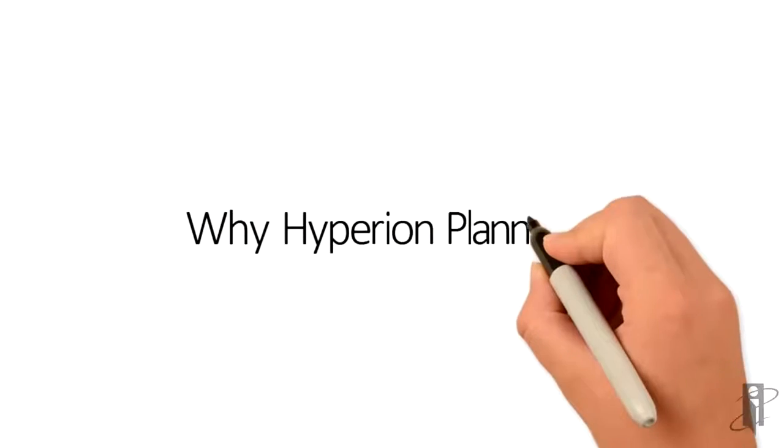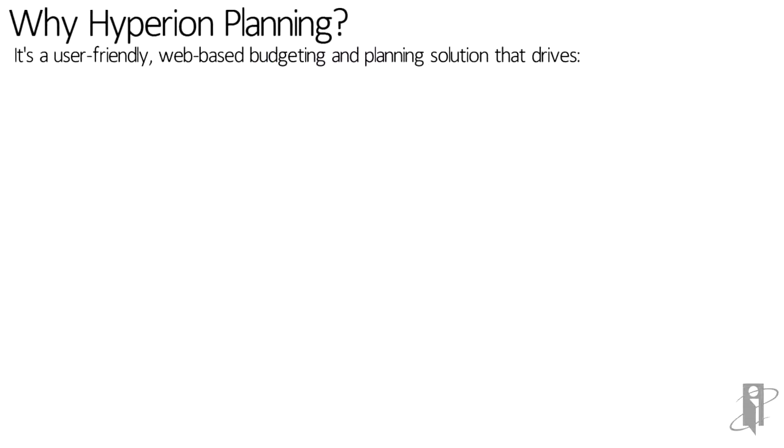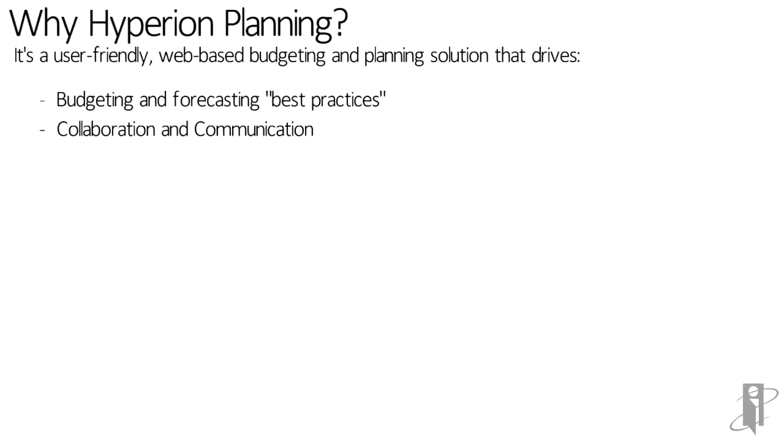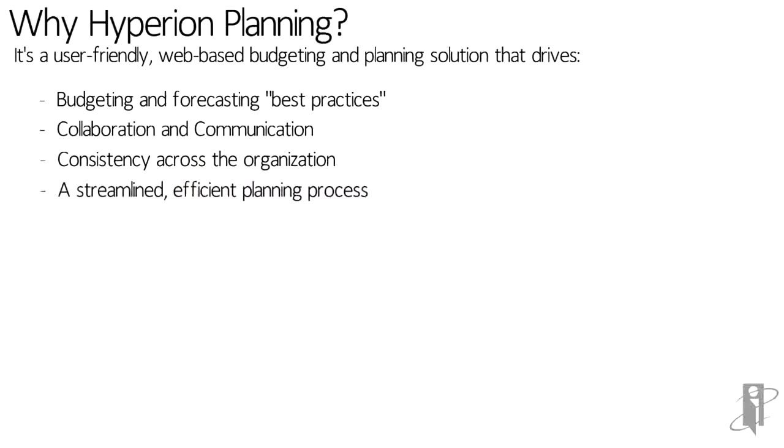So why Hyperion Planning? It's a user-friendly, web-based budgeting and planning solution that drives budgeting and forecasting best practices. Keep it flexible, keep it continuous, centralize the planning process, enable with technology, allow for scenario and what-if planning, and driver-based planning. Planning also drives collaboration and communication, consistency across the organization, a streamlined, efficient planning process by way of task lists and standard data